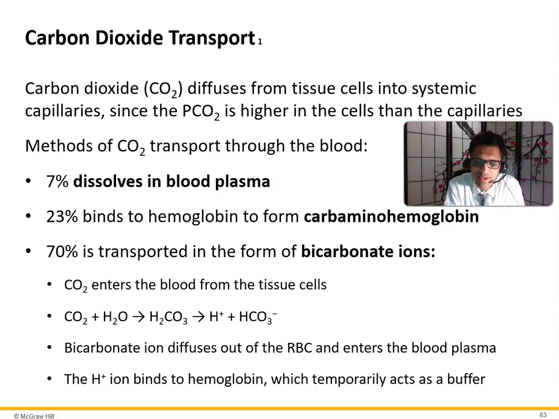23% binds to hemoglobin to form carbaminohemoglobin, which is hard to say. And then 70%, which is the most important, is transported in the form of bicarbonate ions. And the reason it's